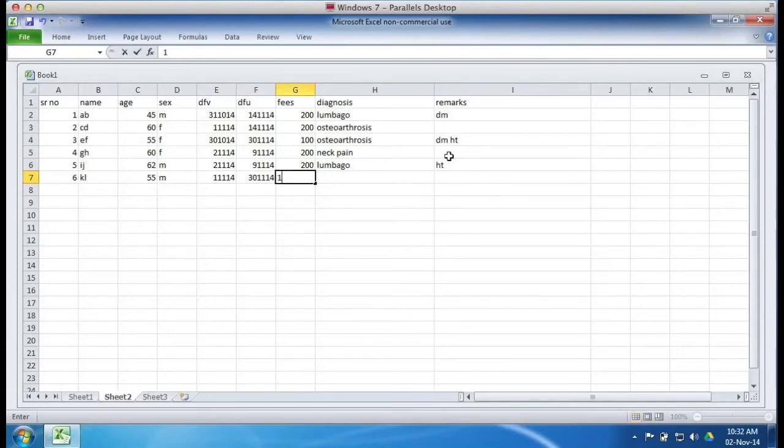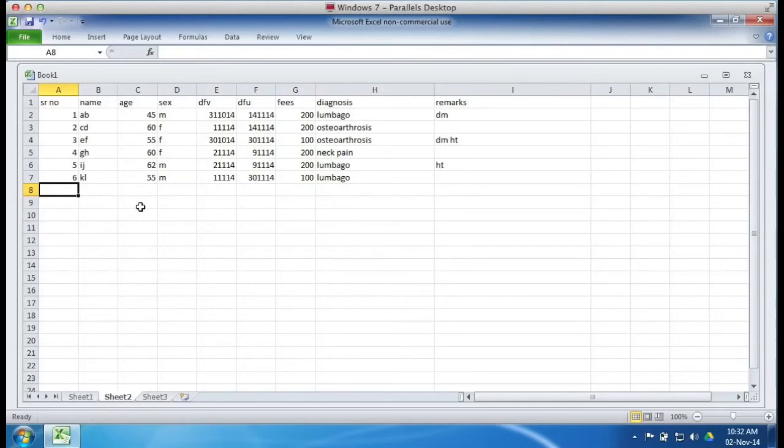I collect 100 rupees. My diagnosis was lumbago. Nothing particular in remarks. So see, I have made up the data so that I can also demonstrate how to search it in the future.